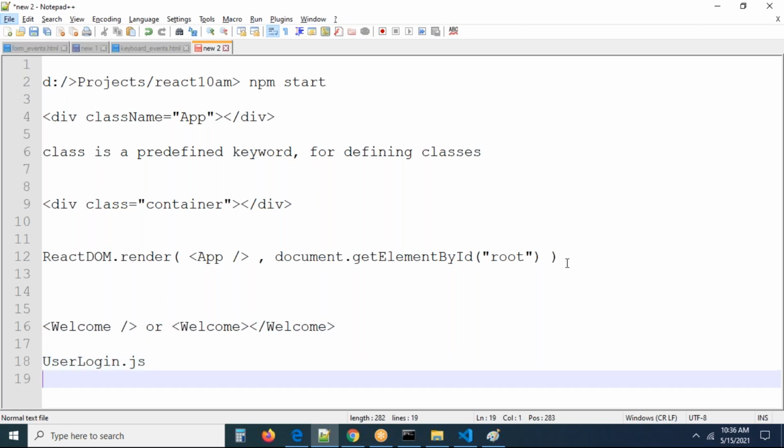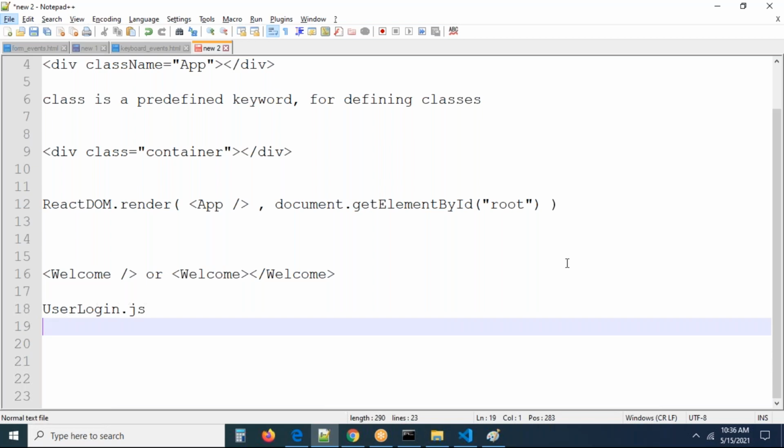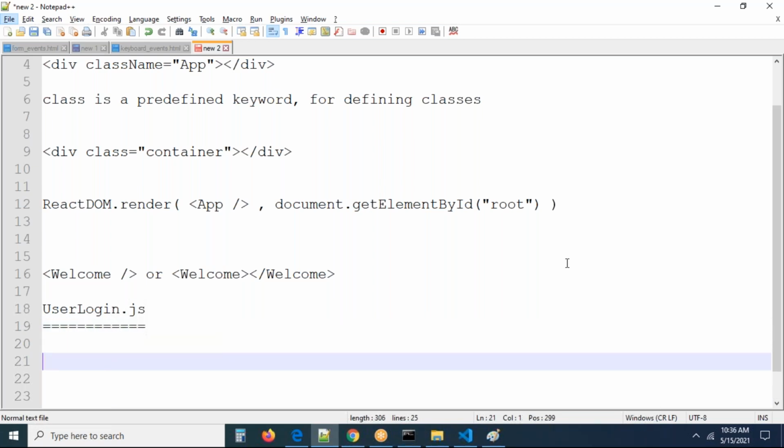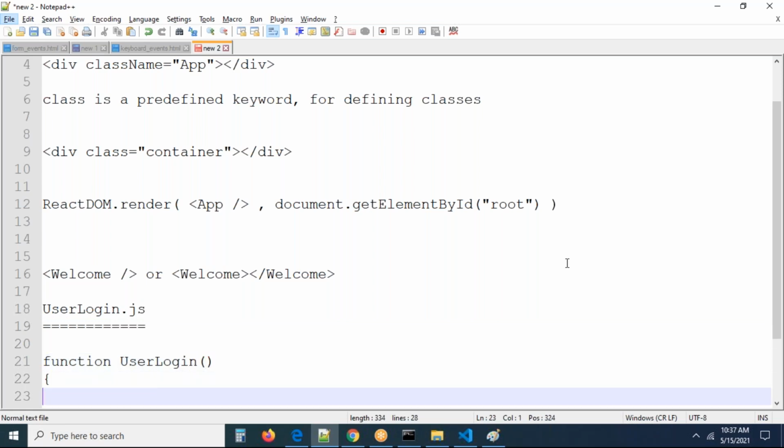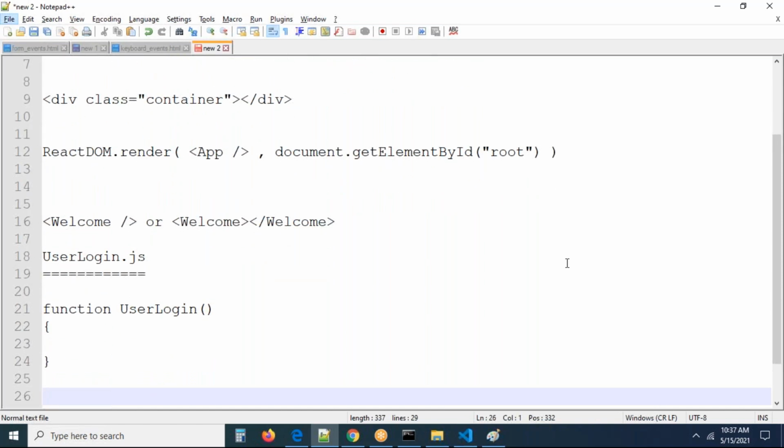Can you tell me, if you created a userLogin.js file, how can we load this? What is the name of the function, guys? Here the function name is going to be definitely userLogin. I told you already, file name and method name should be the same. Okay, we can write some logic inside of it. After writing some logic, what you have to do is export default userLogin, the same name you have to provide here.